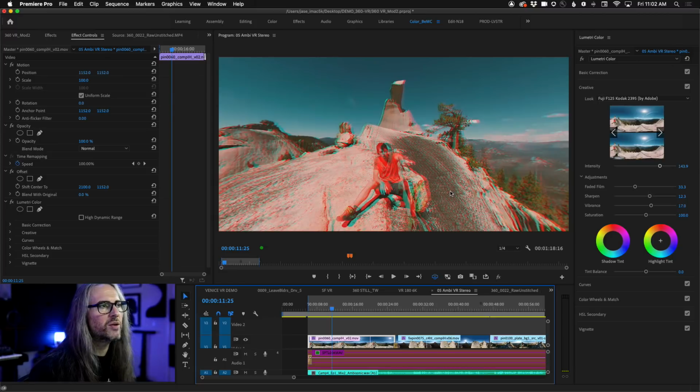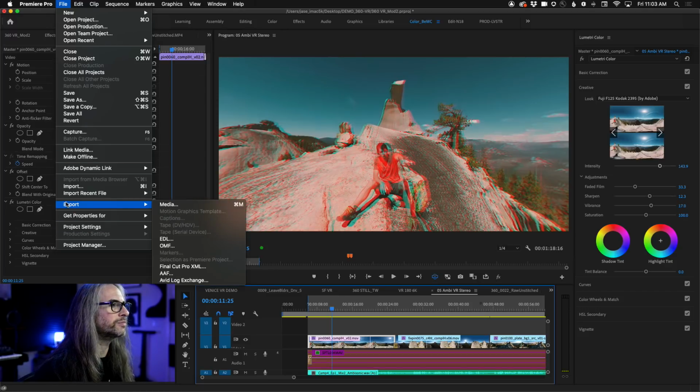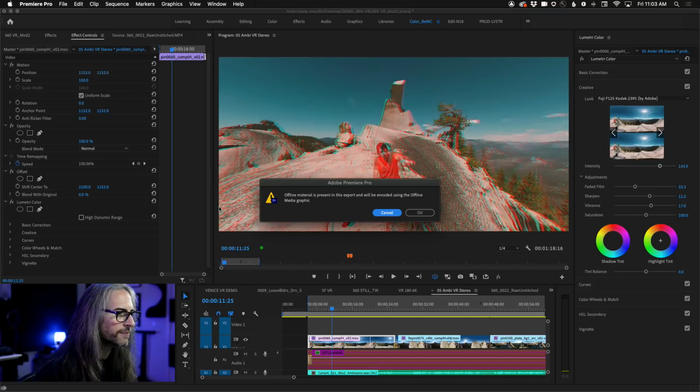Or again, this one, which is super high-end 360 over-under stereoscopic with ambisonics. We've got you covered in terms of how you export and easy ways to get things out of Premiere, primarily to show on YouTube or Facebook. So if you go to File, Export, Media,